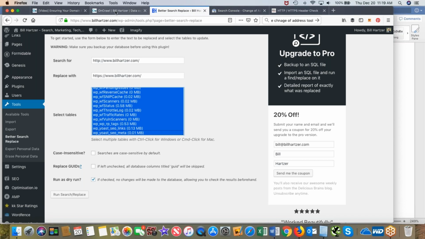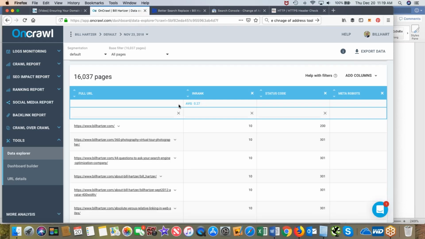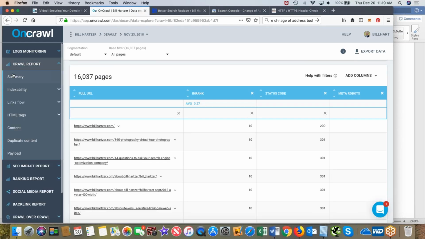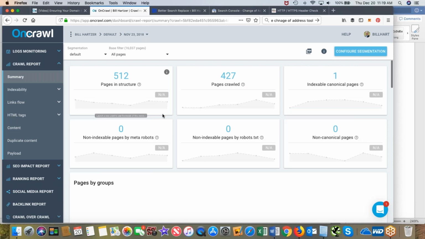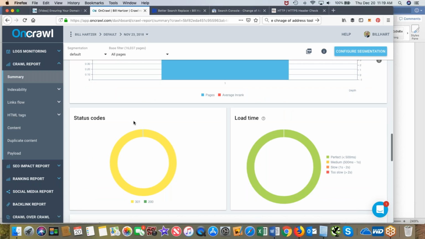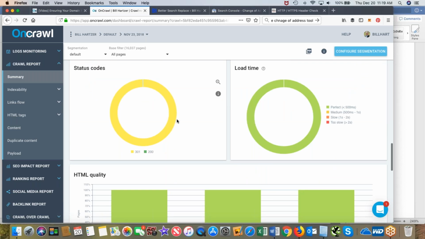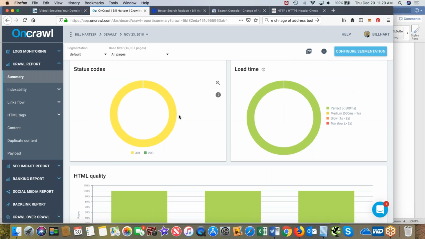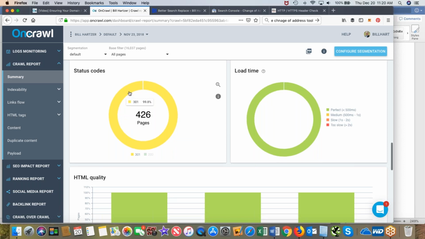And when you look at the crawl report, you want to see whether or not there are any, look at the status codes. And this particular site, let's see, there are a fair amount of redirects. And so you want to look at the status codes and make sure that there are not any redirects